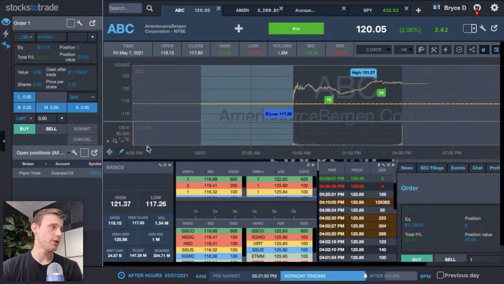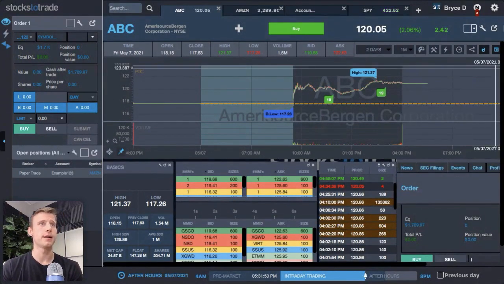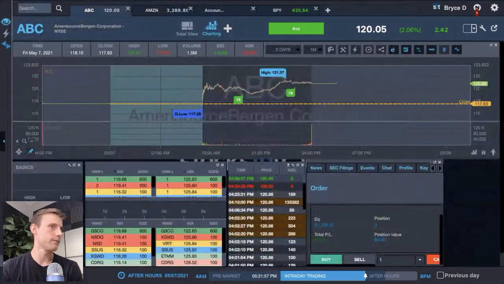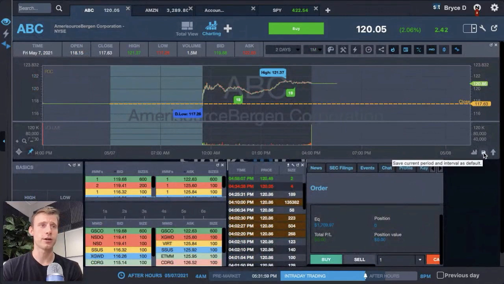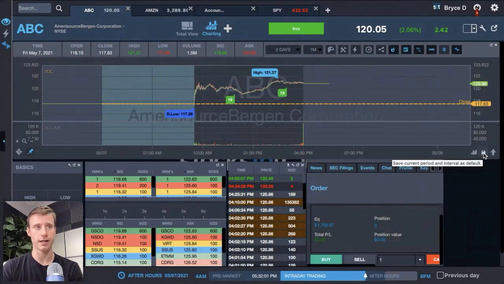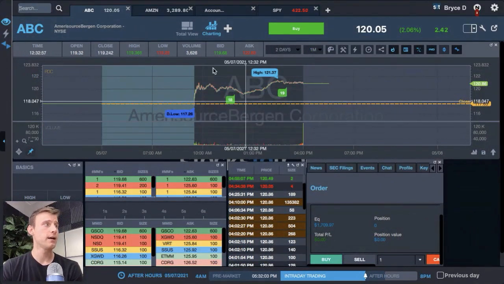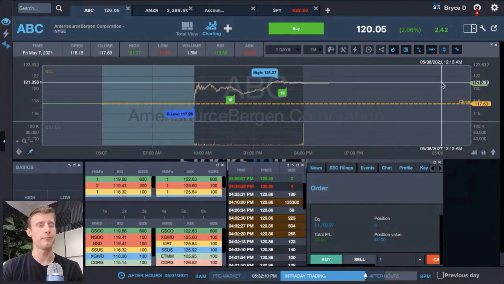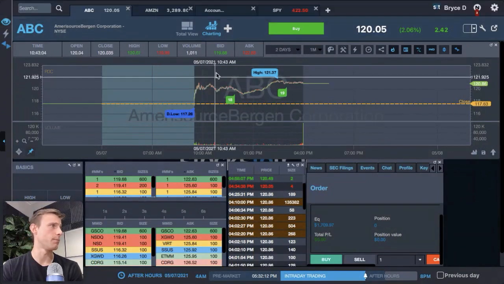But yeah, so what you would do, now my scaling is all messed up. I keep running into this issue. There we go. So you come over here, you can save this. It says save current period and interval as default. Let's do that. Then we're going to come up here, right click, and save current view as default. And then now when I open up a new stock,